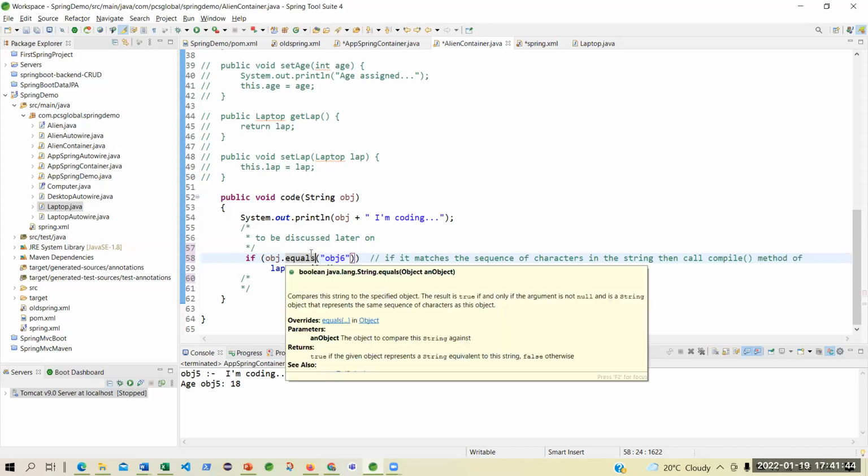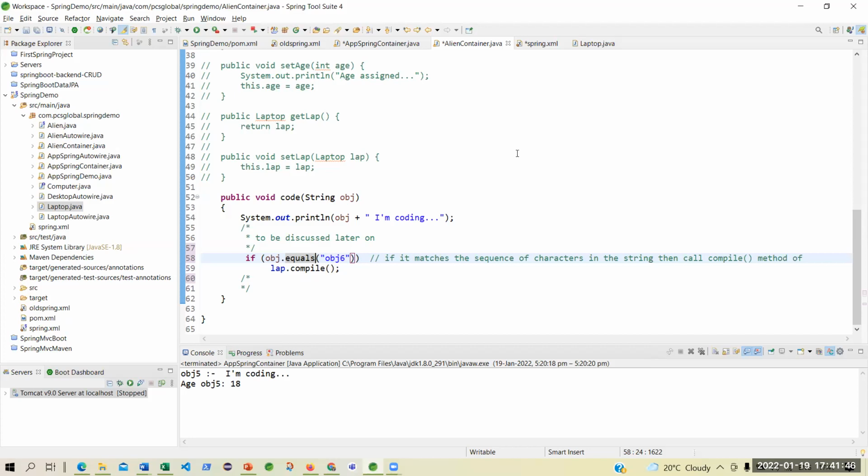What is the difference? I'm not teaching you the functions contains and equals. You can find it for yourself. But I'm saying that obj dot equals within brackets, you are saying double quotes obj6. Will it be true or false?